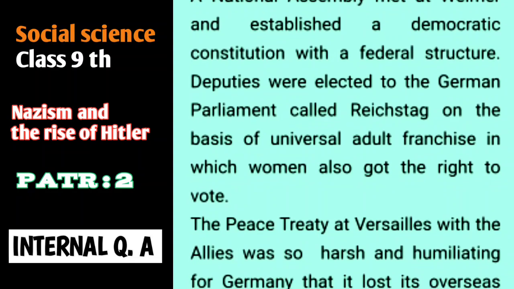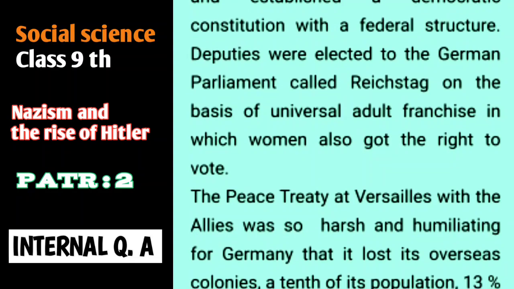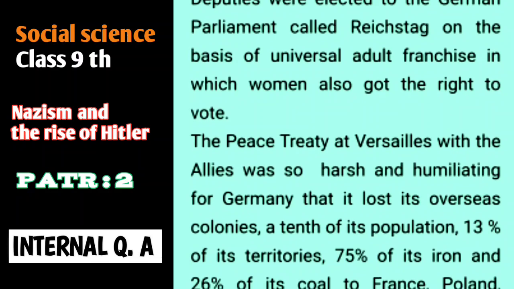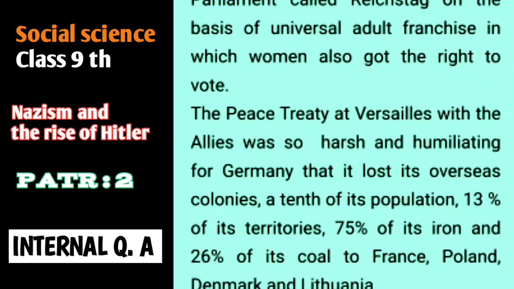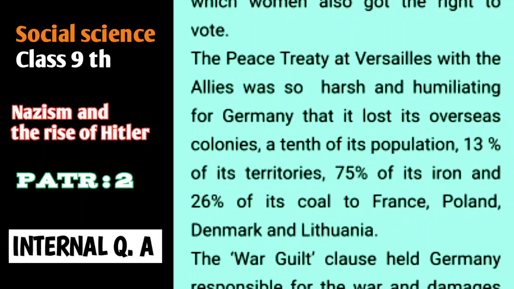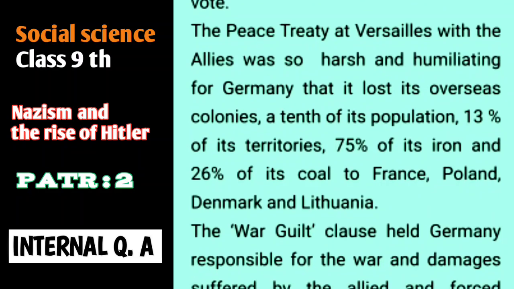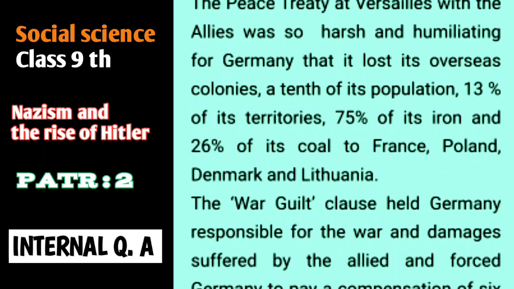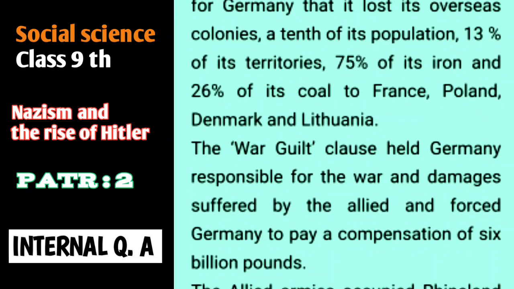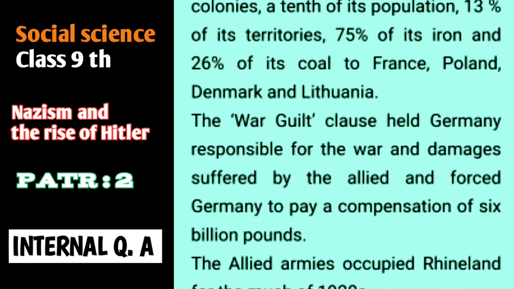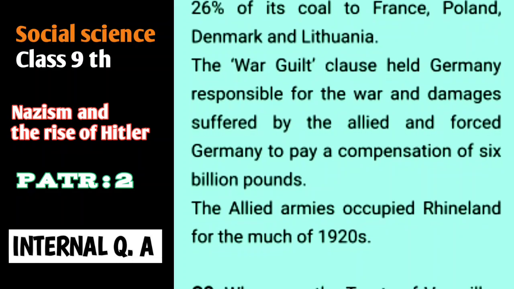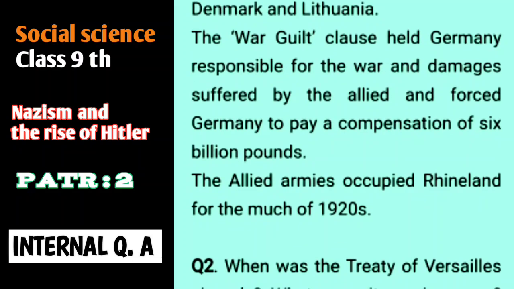The peace treaty at Versailles with the Allies was so harsh and humiliating for Germany that it lost its overseas colonies, a tenth of its population, 13% of its territories, 75% of its iron, and 26% of its coal to France, Poland, Denmark, and Lithuania. The war guilt clause held Germany responsible for the war and damages suffered by the Allies and forced Germany to pay a compensation of 6 billion pounds. The Allied armies occupied Rhineland for much of